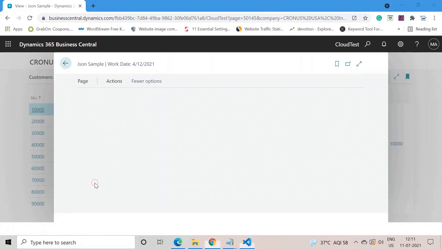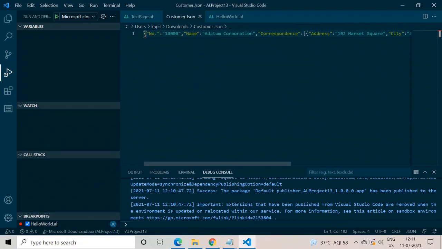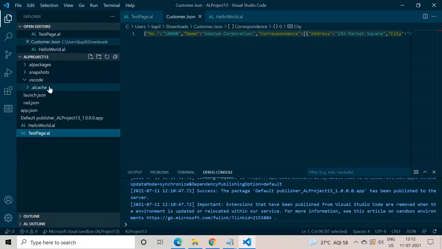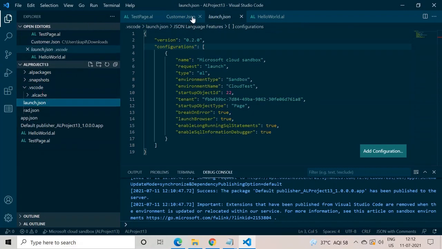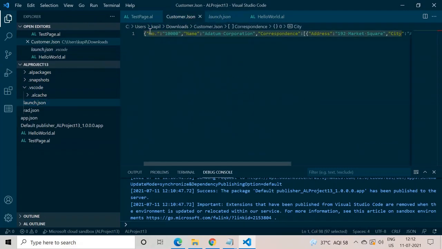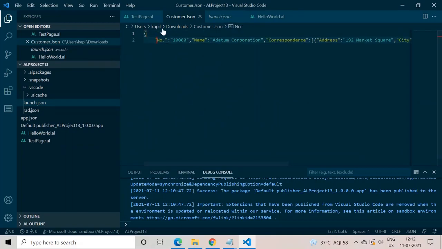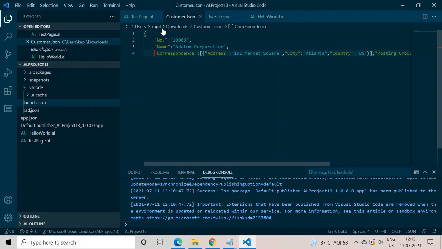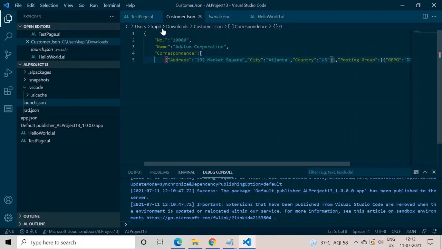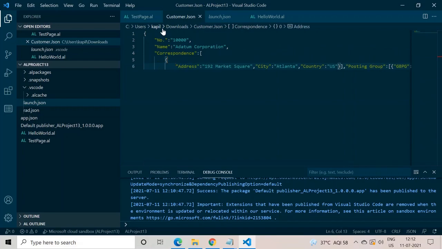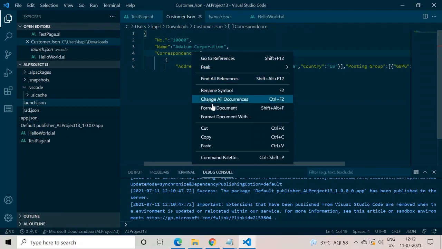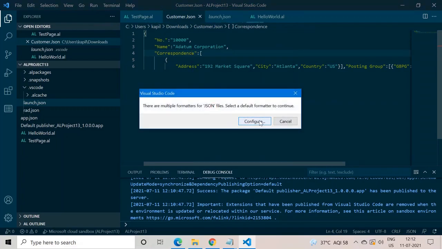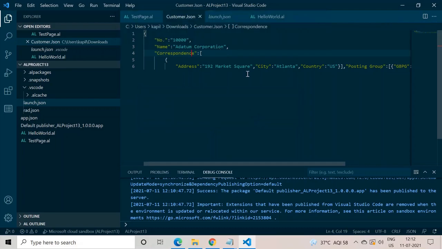Let's see the file. This is the JSON file which we have created, and it is similar to our launch.json. Let me show you, if I try to make the format like this, or if I format the document, I need to configure this.